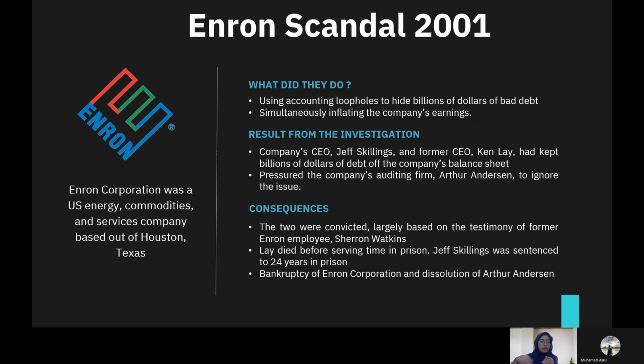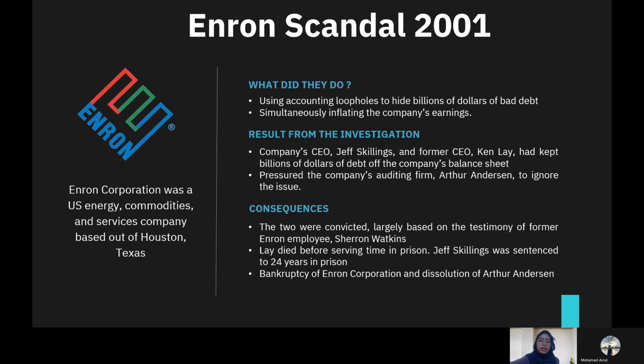Well, this is the real life cases that is related to the financial statement fraud, which is Enron Scandal 2001. So Enron Corporation was a U.S. energy, commodities and services company based out of Houston, Texas, and it was discovered in 2001 that the company had been using the accounting loopholes to hide billions of dollars of bad debt and simultaneously inflating the company's earnings. So disebabkan dengan oleh skandal ni, it result in shareholder losing over $74 billion